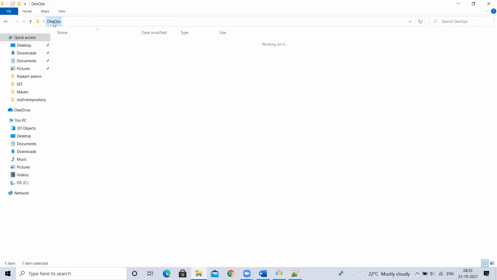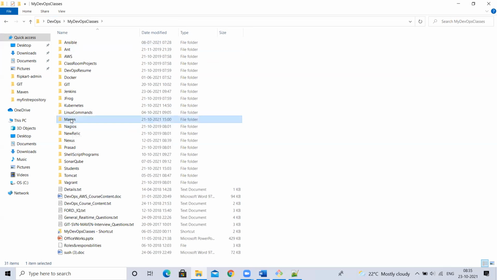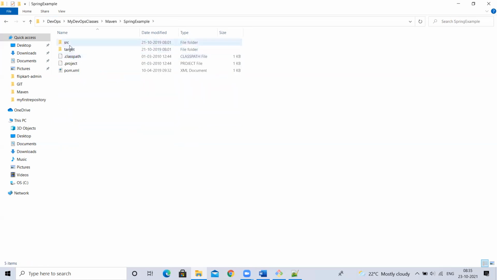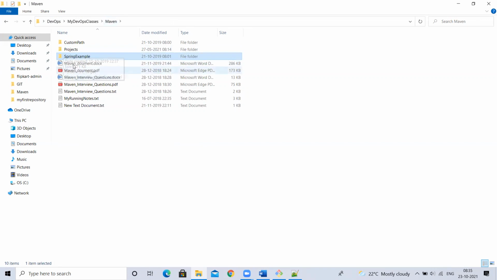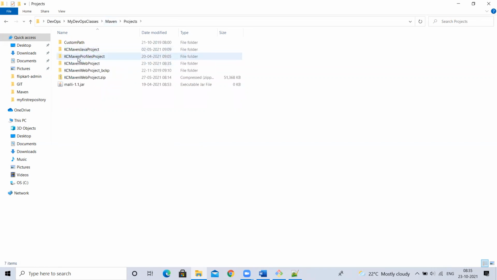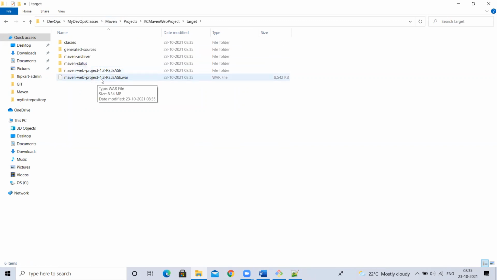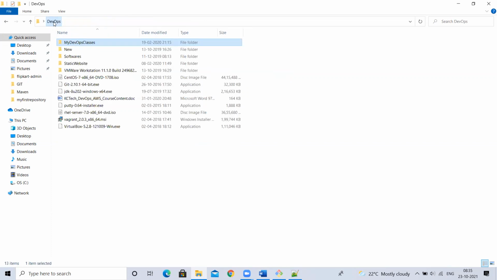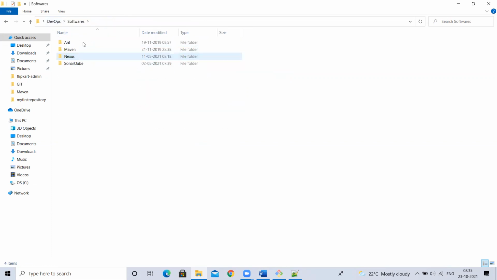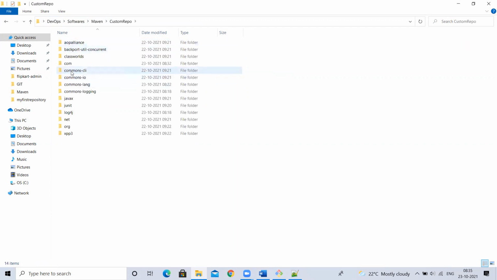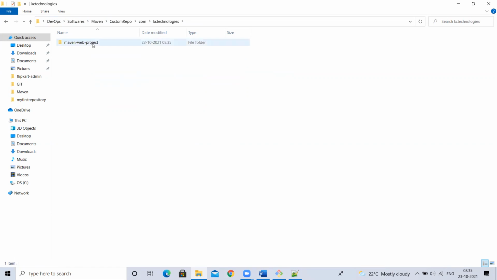Okay, I will go here. Maven, which project? Sorry. Maven web project here only, right? See this 35 just now generated, and here only one for 1.2 latest war is there. But if I go to this Maven local repository, how many wars I'll be able to see here? How many wars I can see here? 1.1 backup is there, 1.2 here.